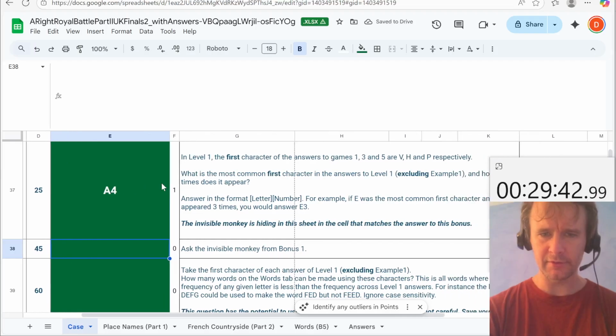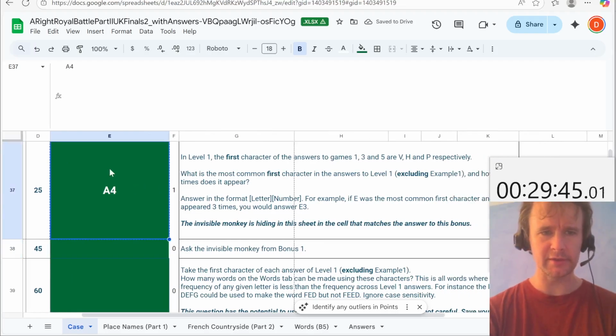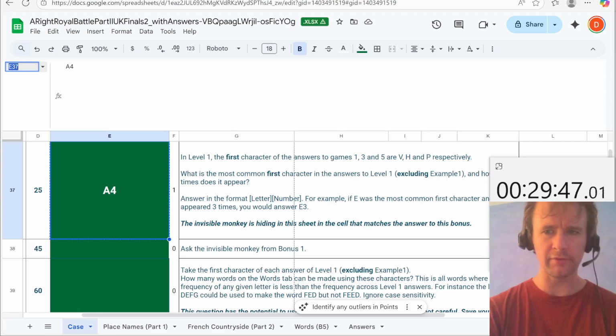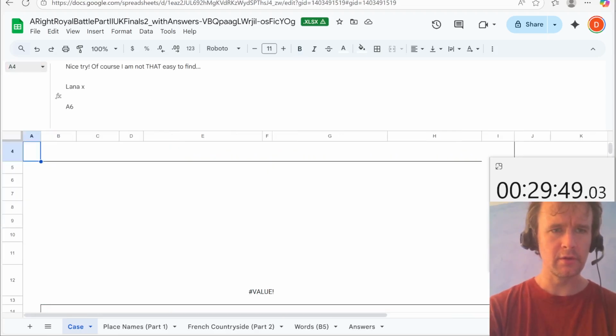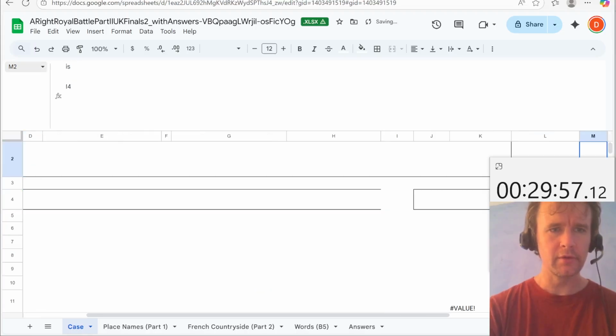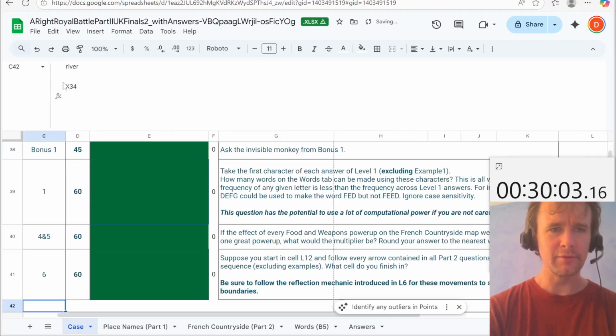Ask the invisible monkey is hiding in the sheet in the cell that matches the answer to the bonus. Okay, so go to A4. Nice try, of course I'm not that easy to find. Alana, A6. What M2 is I4? The number of river